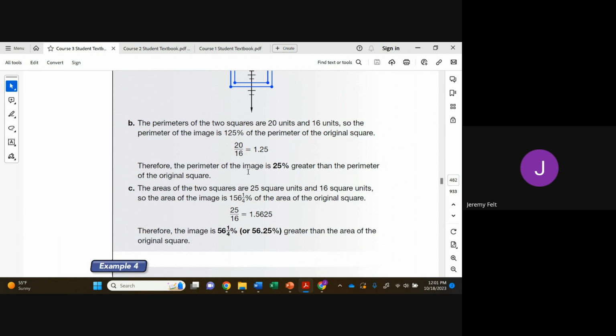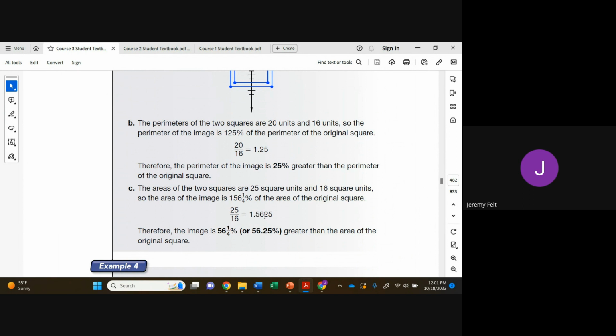So those would be our areas, and then 64 to 100, that's gone up by 1.25 to the power of 2, which is 1.5625. As they indicate right here, if we were representing it as a fraction or as a decimal, that's what it would be. So 1.25 squared is